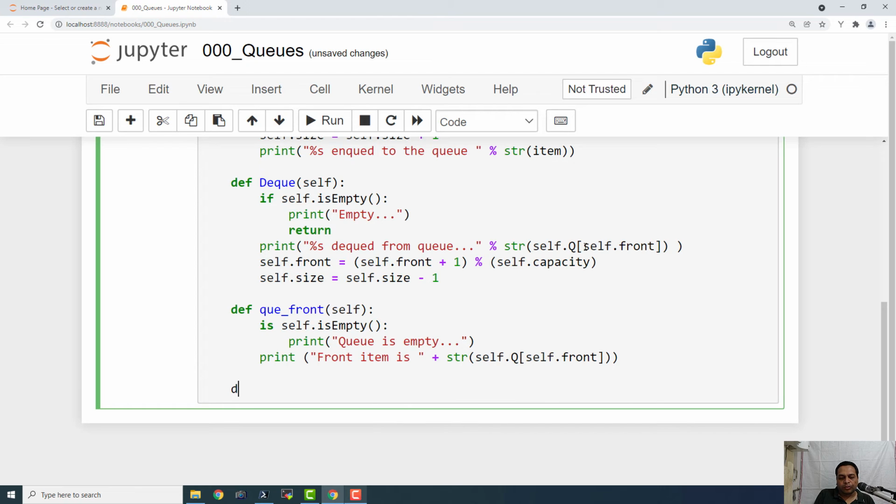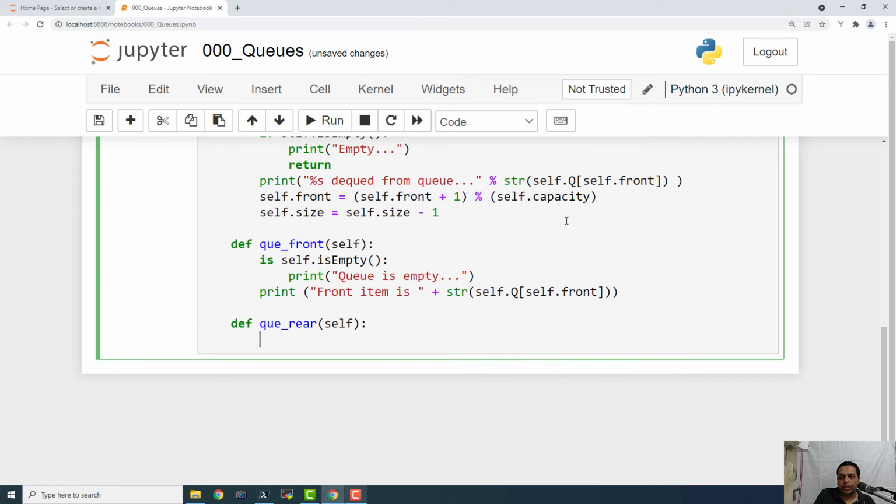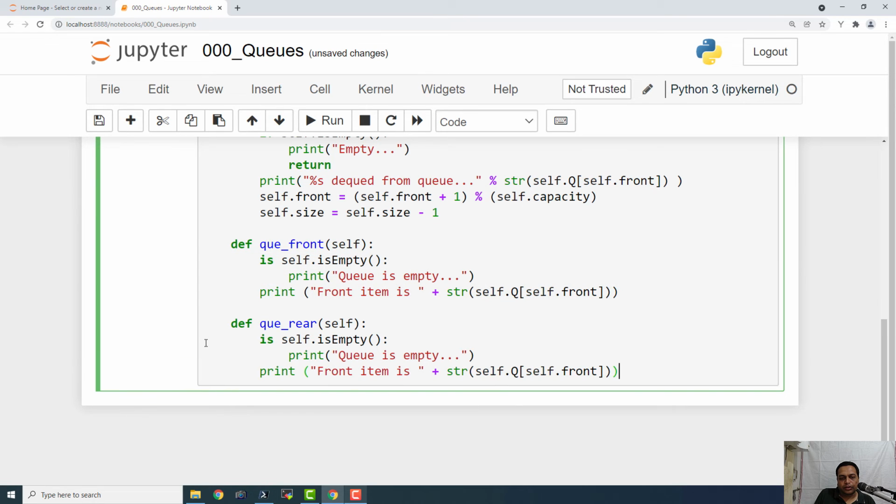Okay, and let us say def queue_rear(self), and here I'm going to check if the queue is empty, and then display the rear item. So this is how we can check the definition of the entire queue.